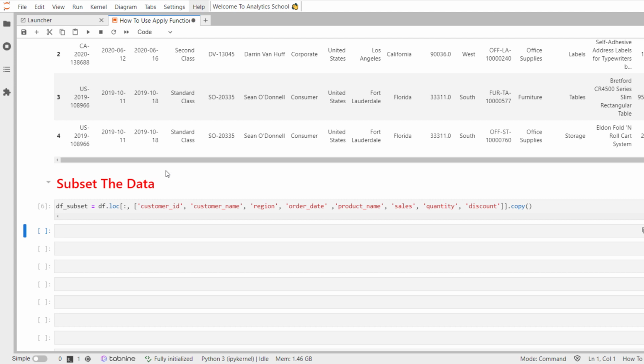Imagine you are working with a dataset and the marketing team wants to send emails to customers with sales greater than 100. We will create a column to flag whether the customer meets the criteria using the apply method. Let's write down the code. I'll use the df_subset dataset